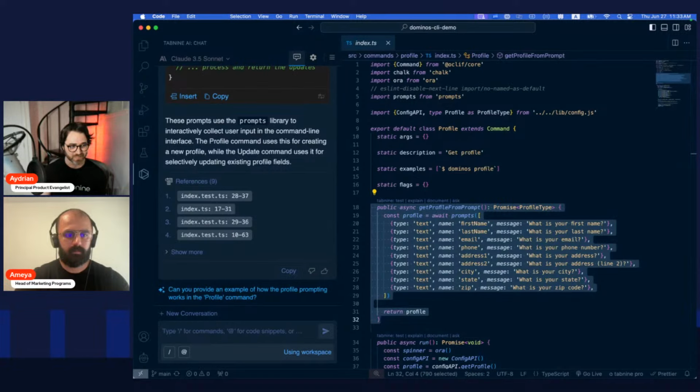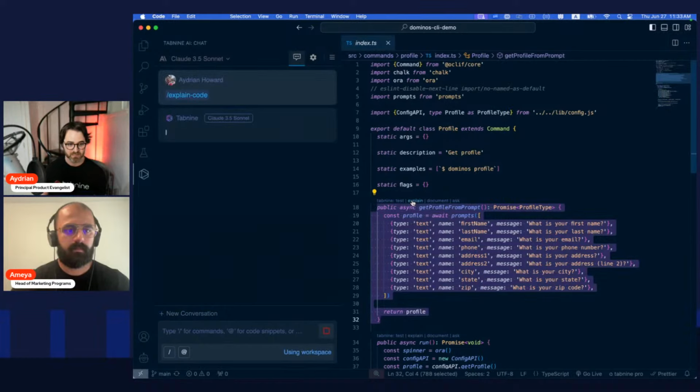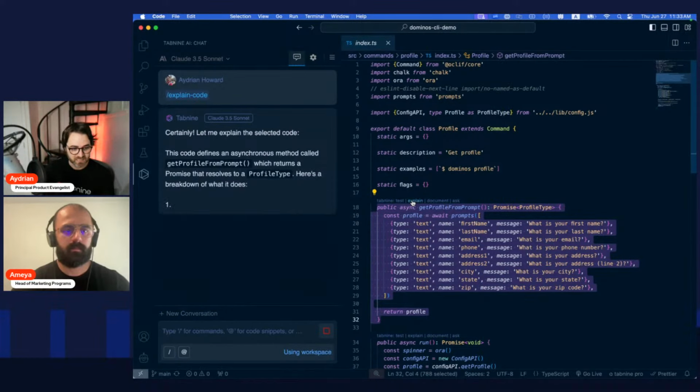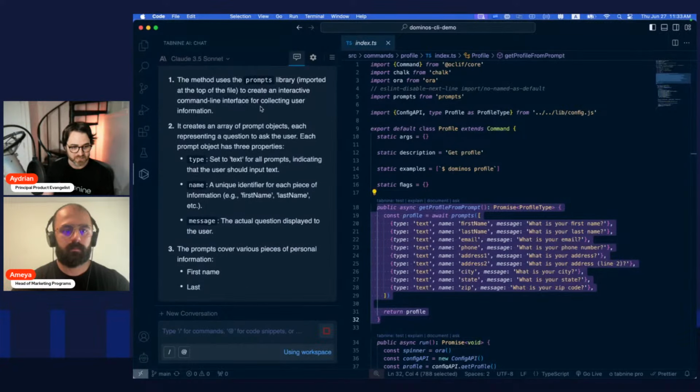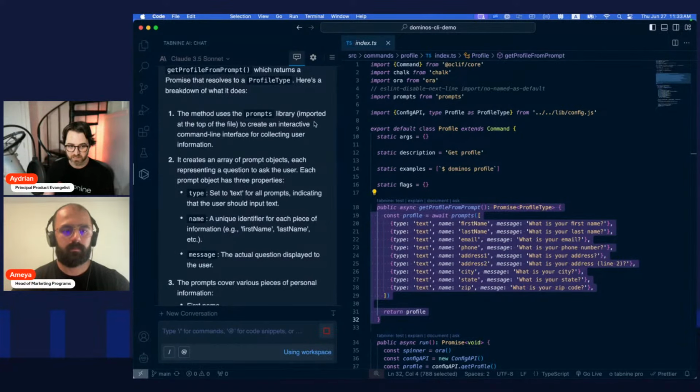So the next thing I'm going to do is let's explain what this is doing. I kind of eyeballed it, but let's see what it's doing. So I'm just going to hit explain on CodeLens, and we'll see. So this is using the prompts library to create interactive command line interfaces.